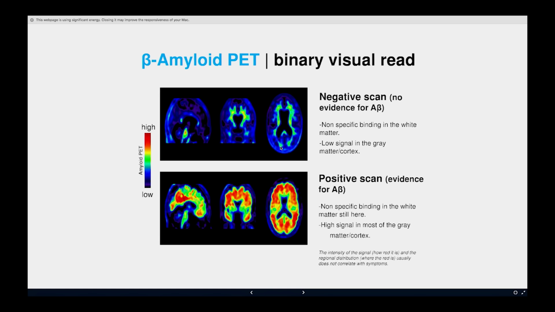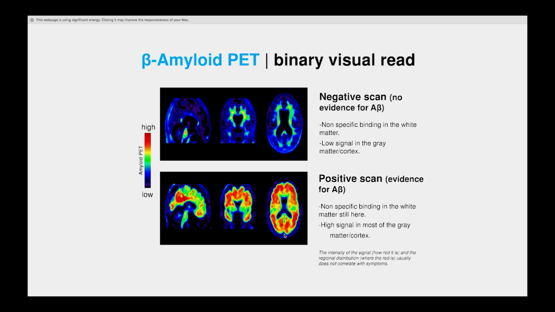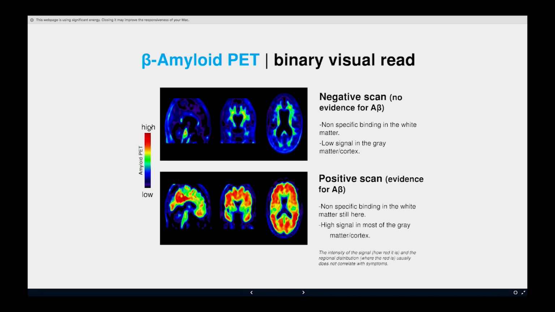And then down here, you see the scan of a person who has Alzheimer's disease. And you can notice the huge difference between the two, where now there's a lot of uptake, and you don't see any differentiation anymore between the white matter on the inside and the gray matter on the outside. And so the entire scan is what we call hot. There's really, really high signal. And this is because that tracer went and latched onto all the amyloid plaques and is giving out all these signals.